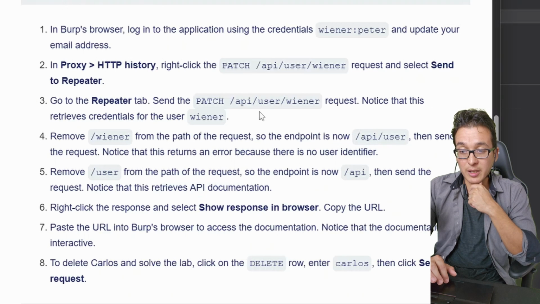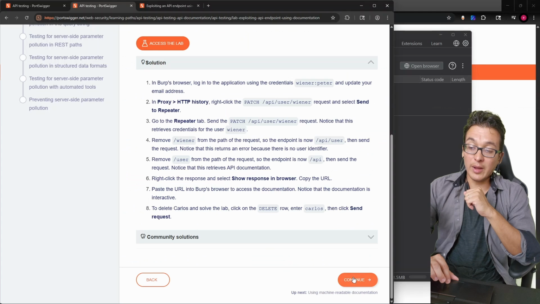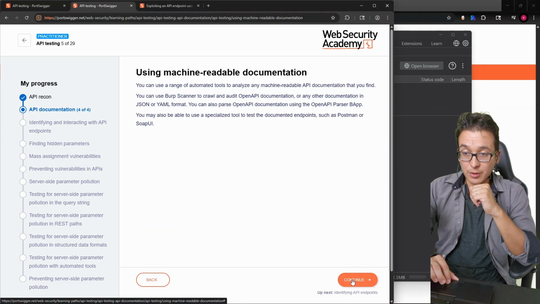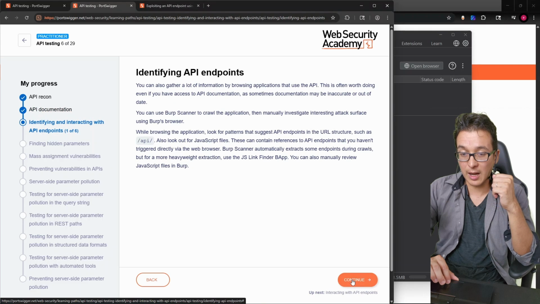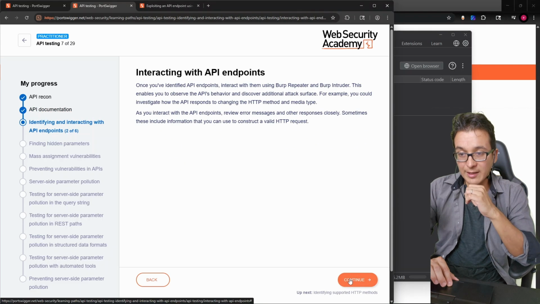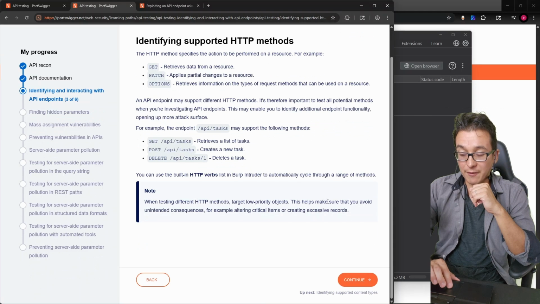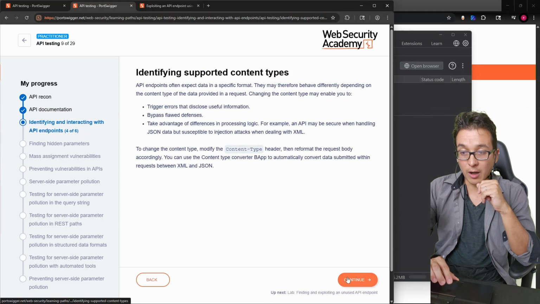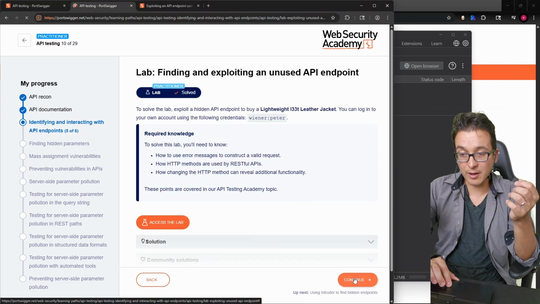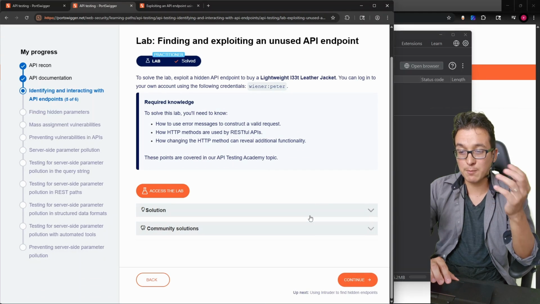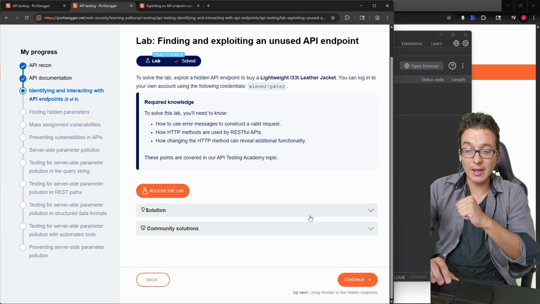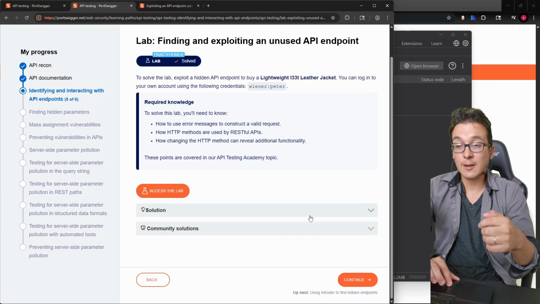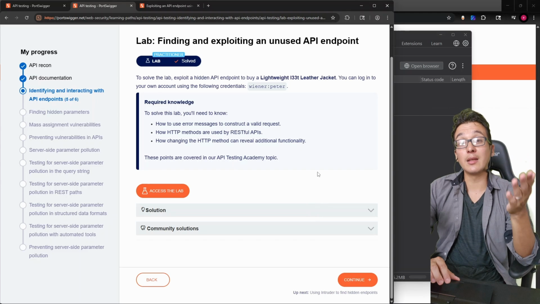So it looks like in this solution, they were actually showing that we could have gone through the HTTP history and then sent the request through the Repeater. Going ahead and moving on, let's go into understanding more about APIs, how we can exploit them, just reading the material, really appreciating what we have here for free. And then let's go into our last lab right here. It's going to be talking about how we can use things like errors, how we can adjust content types to expose different errors, how we can change the methods on known API routes to try and get different unintended behavior